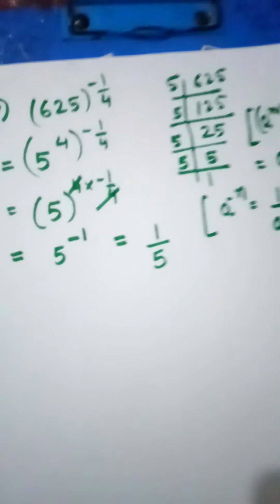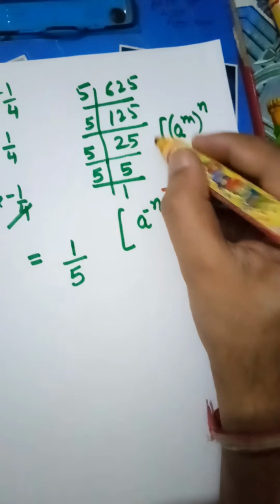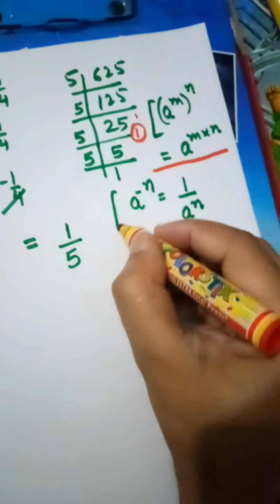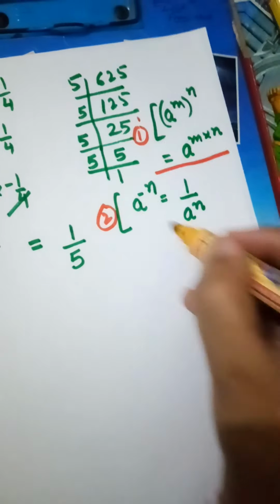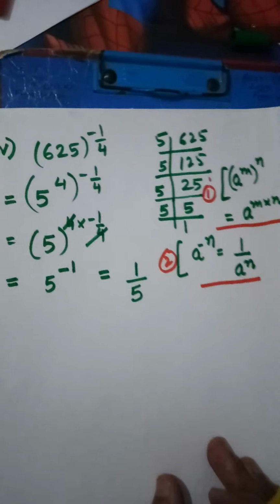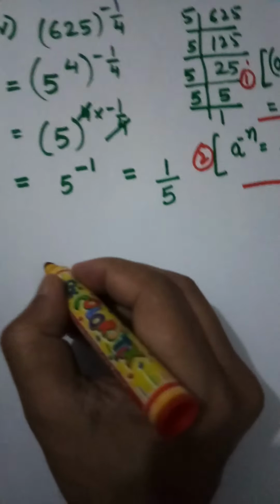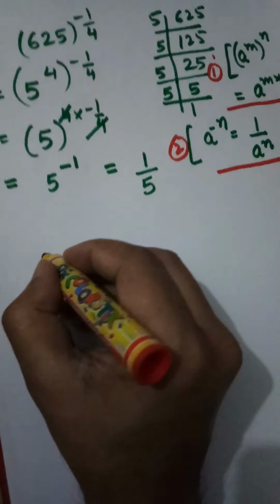I think we should highlight these laws so that you can easily understand them. So this was our first law, and this was our second law. So these are the laws of exponent which you can easily observe over there. Alright, and now after that, if we have mixed types of parts like this,